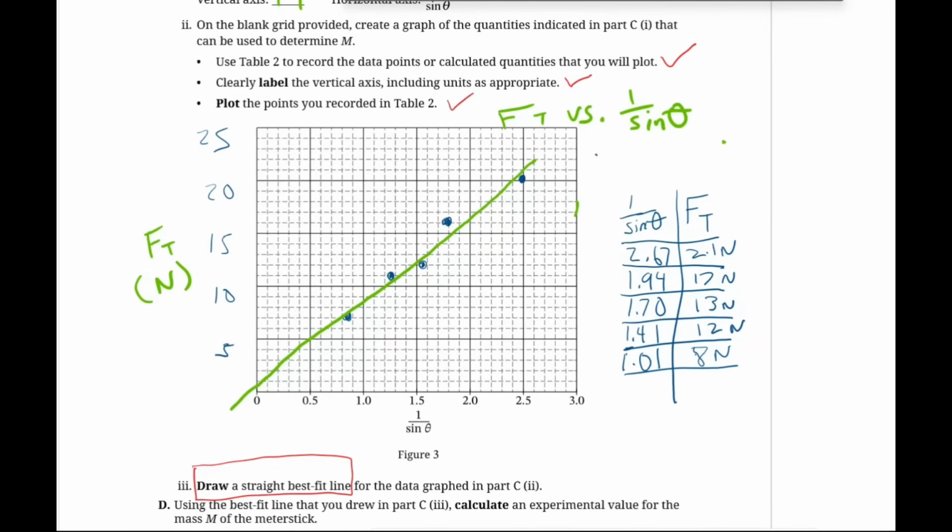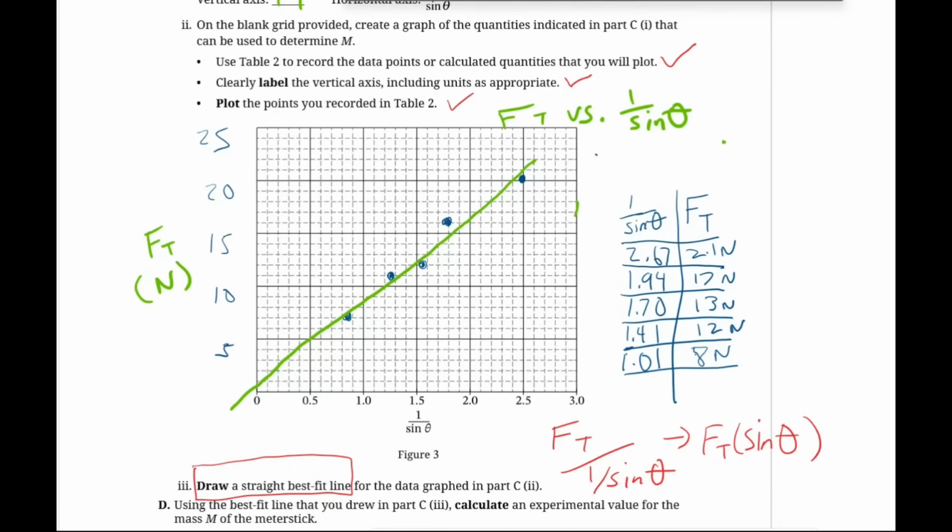Now it says use the best fit line that you drew in part C to calculate an experimental value for the mass M of the meter stick. All right, here's a part that's a little tricky. We have the rise over the run. The rise is the ft divided by the run, which is 1 over sine theta. So that's basically what your slope is over there. And anytime you take something divided by a fraction, it's the same thing as multiplying it by the reciprocal, which means that this is basically the same thing as ft